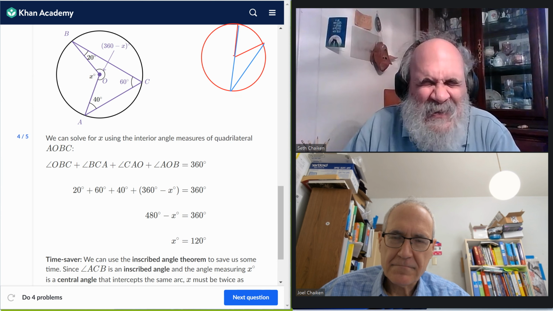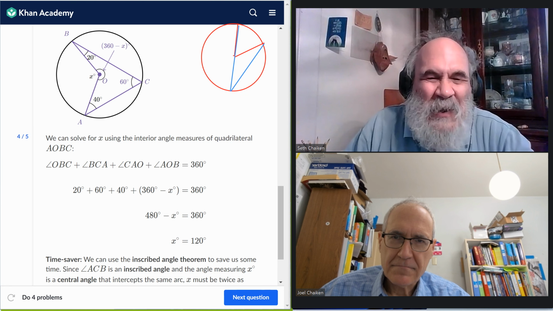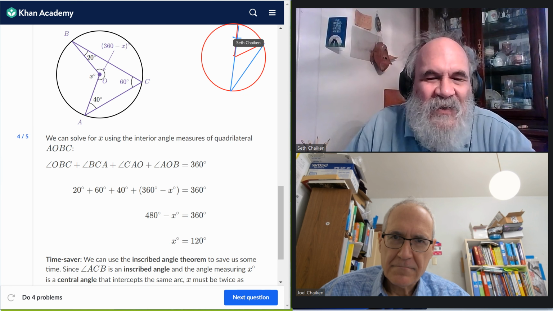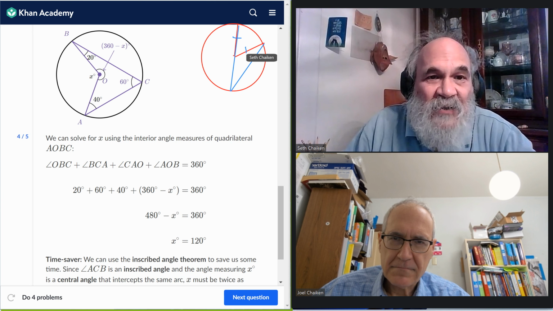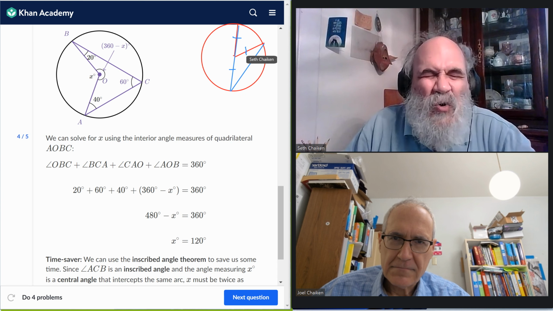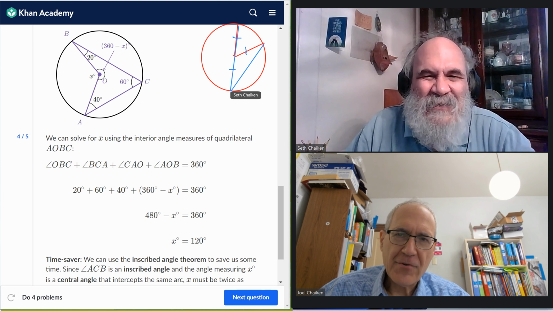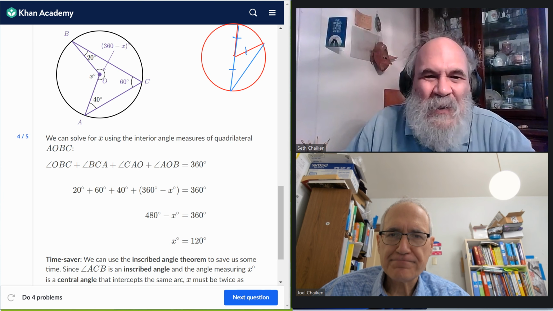What we just saw is that all of these three lines marked in blue are three different radii. In a circle, every radius is equal to every other radius. All radii are equal. And therefore,